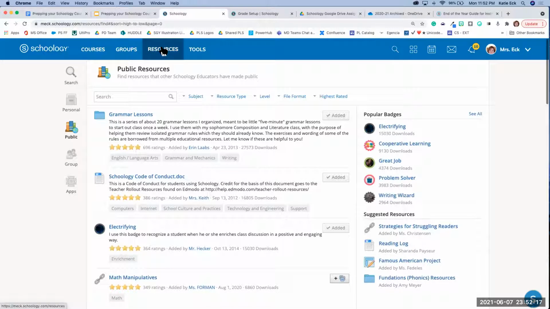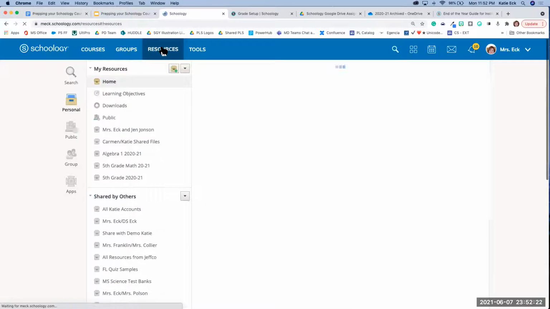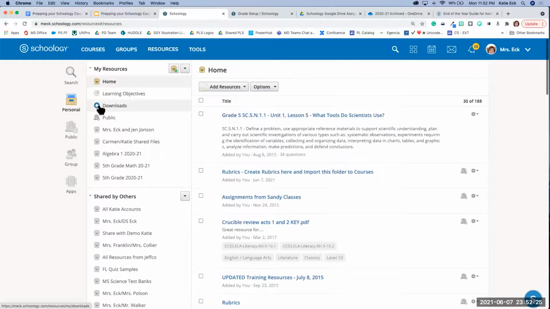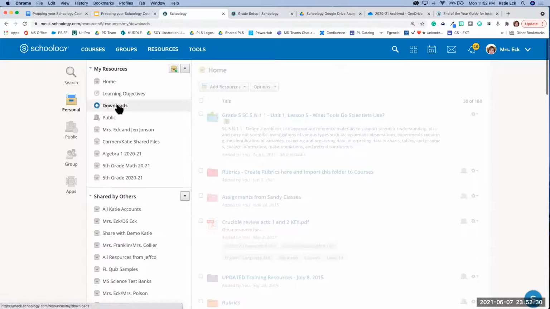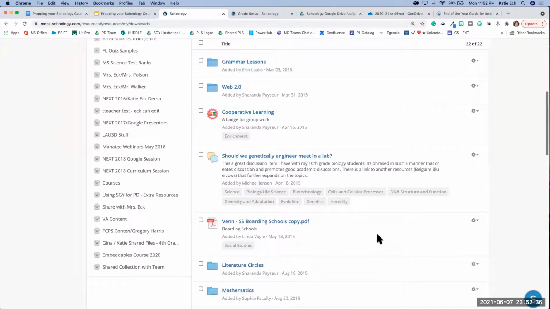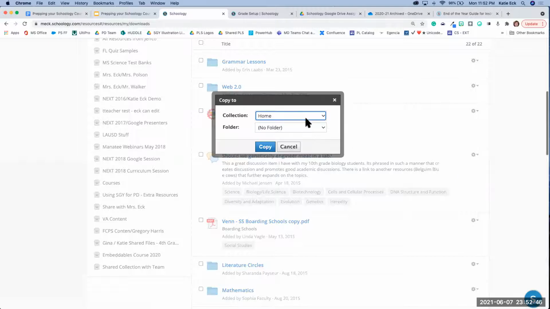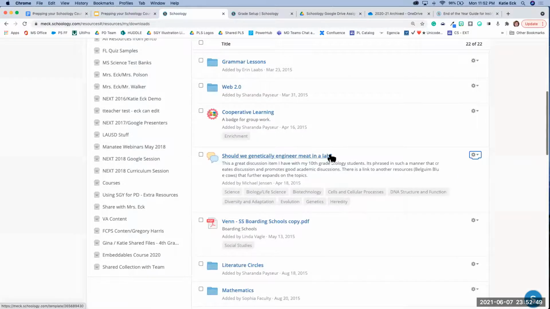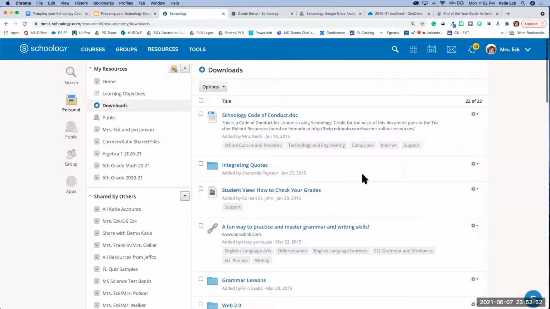When I go back to my home resources, I'm going to click resources at the top. And there's the downloads area. It should be right under home or learning objective here. That's usually where you'll find any of those public resources that you added here. Great place to check them out to decide if then you want to make any edits to them or copy them to your own home area here. So that's public resources. Now let's look at some groups that are run by